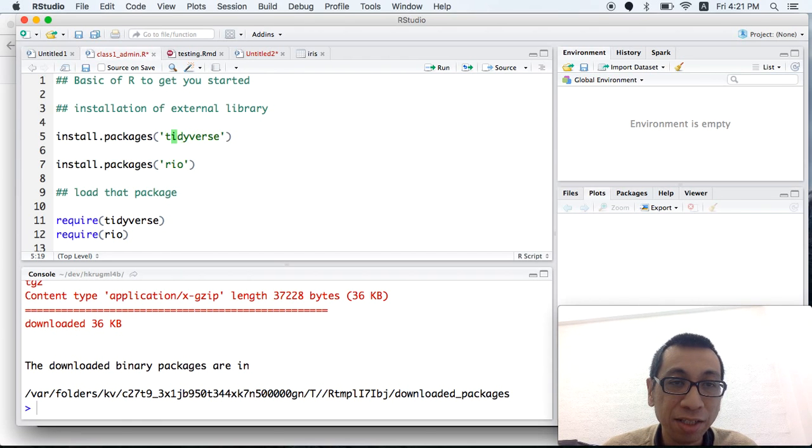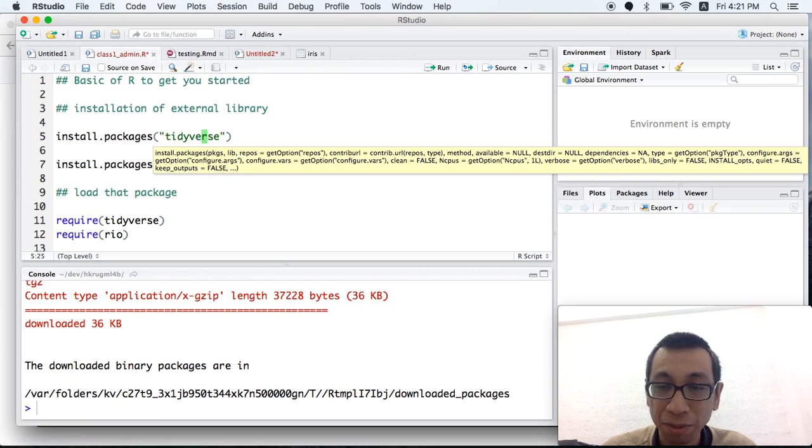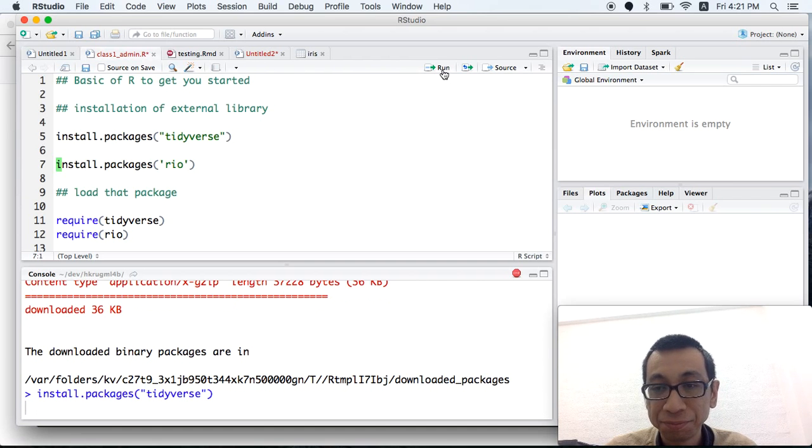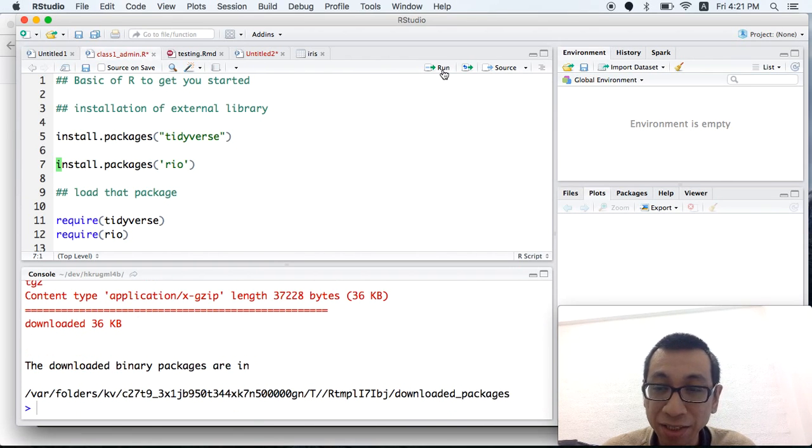We use single quotes here, or you can use double quotes. I want to install a package called tidyverse, so type it here and then just say run. It will run that code and install the package for you.